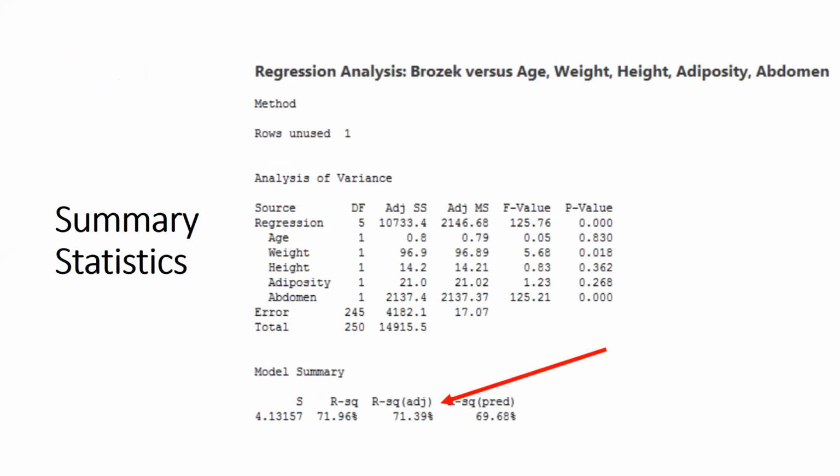Then we also have summary statistics. So below the analysis of variance table with that f-test in it, we have the same little table of summary statistics that you actually saw in the simple linear regression output. These other numbers were there before, but I didn't really pay attention to them. I think that the simple linear regression output is actually simpler than what most software presents.